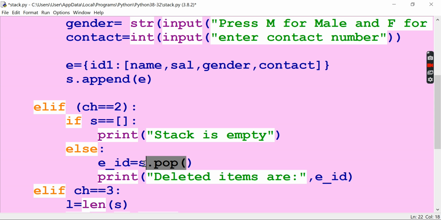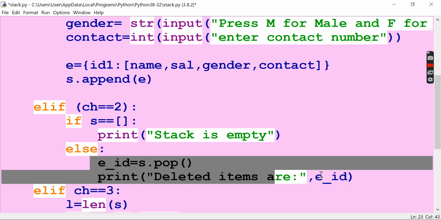So here it pops only one particular dictionary and it is saved in this EID, which is the key of this particular employee ID. Now we tell the user the deleted item is EID, meaning we call the key, but the values also follow with the key and are printed. This is the operation when you press 2.